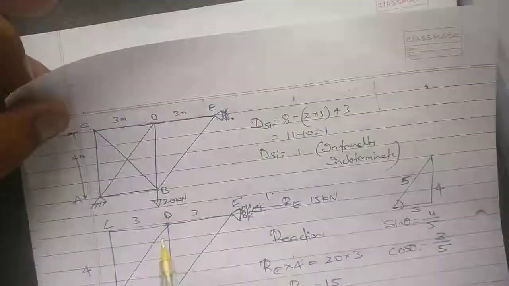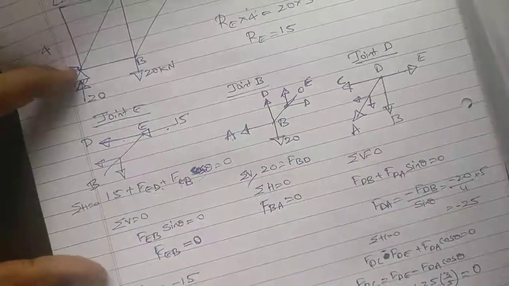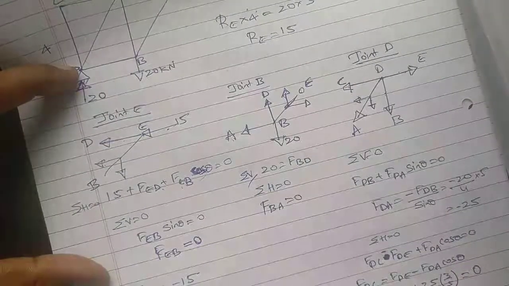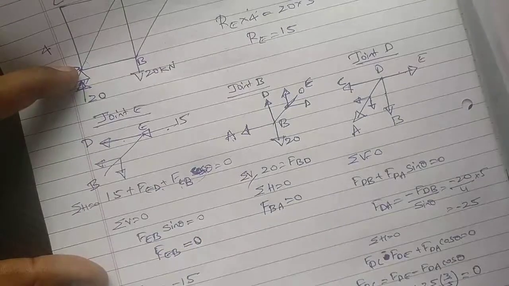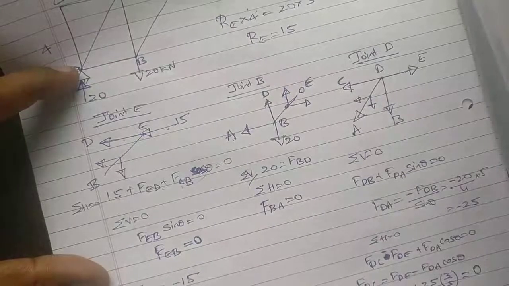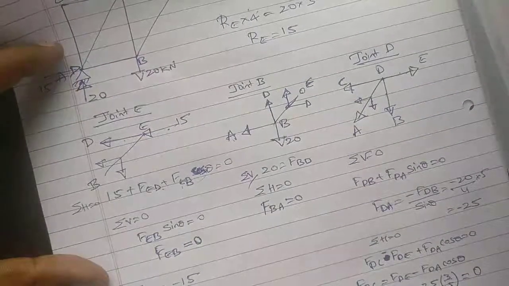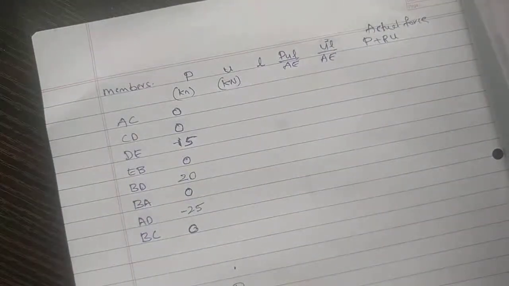And again in this joint C, if I take joint C, CD is 0. Sigma V is equal to 0. FCA is equal to 0. FCA is equal to 0. This is how we calculate all the forces. In the similar manner,